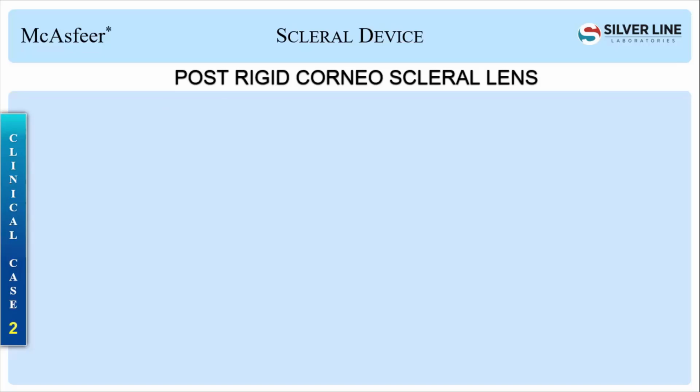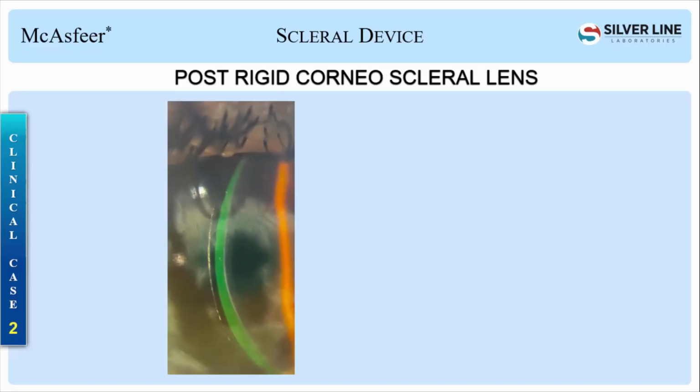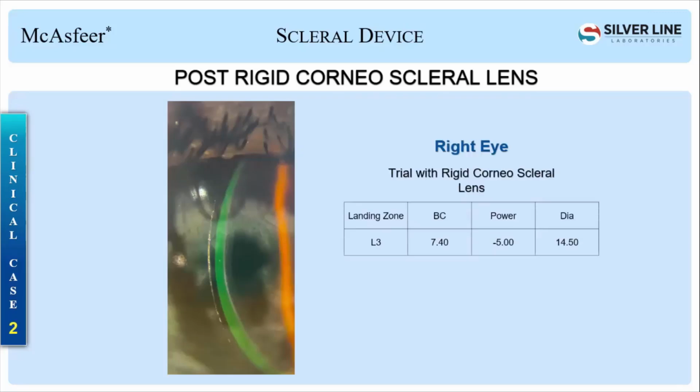So we did the trial, and this was the fit through the slit lamp view. What is seen in green is the vault, which we fill with fluid. It is almost 250 micron away from the cornea, which is the ideal we require. This will give the patient ocular comfort, and the patient is never going to experience any irritation. His vision improved to 6/9 N6 after this, from 6/24.